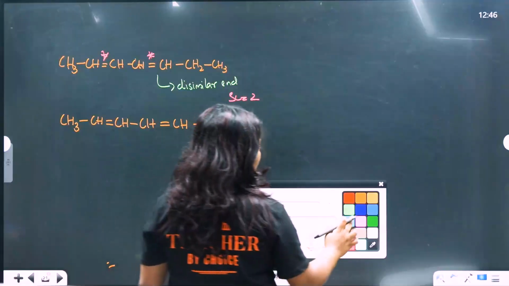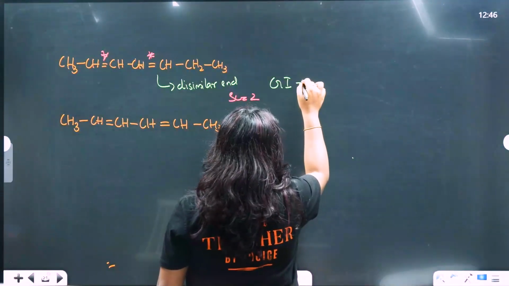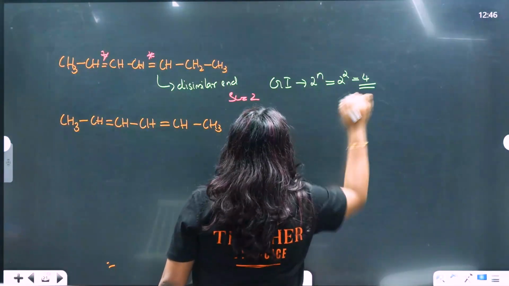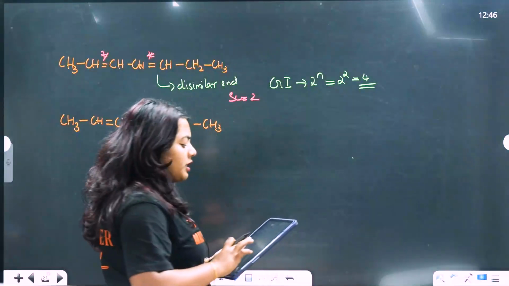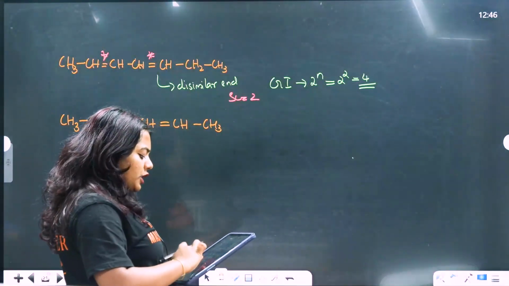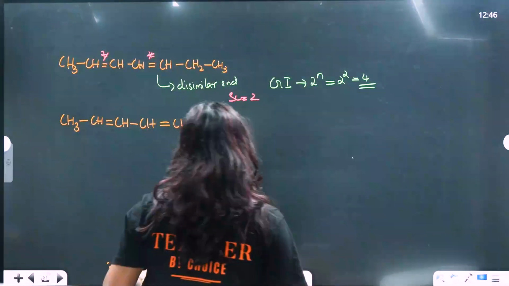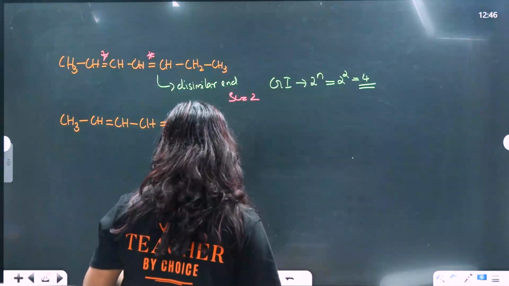Now from there you can find the geometrical isomerism number, 2 raised to n, which means 2 raised to 2, which will be 4. 4 will be the number of stereoisomers possible from this compound. How it is written is not important, but it is possible. 4 will be possible. Okay, now the next one is